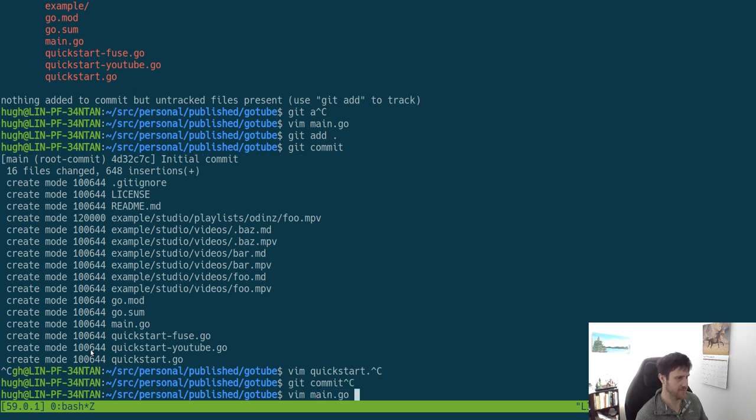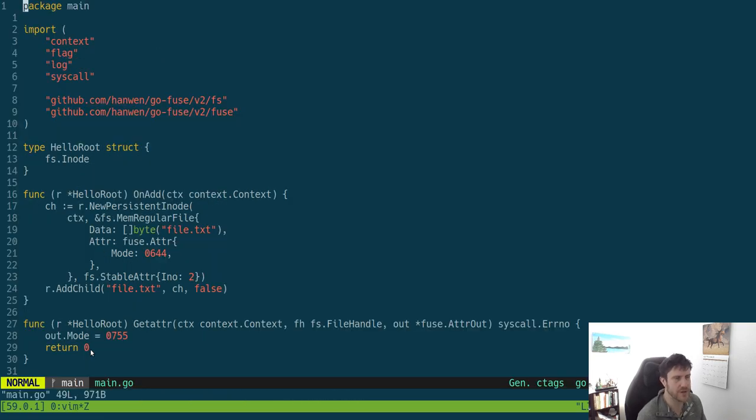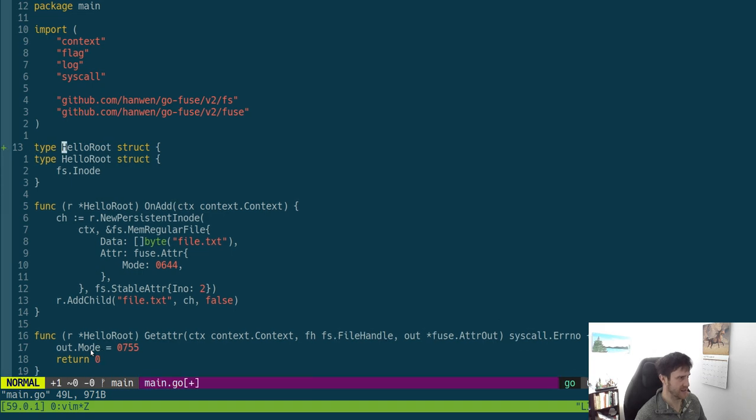The main. So in the main, what we need to do, we need to mount that. We need to have kind of two structures. So we need to first have a